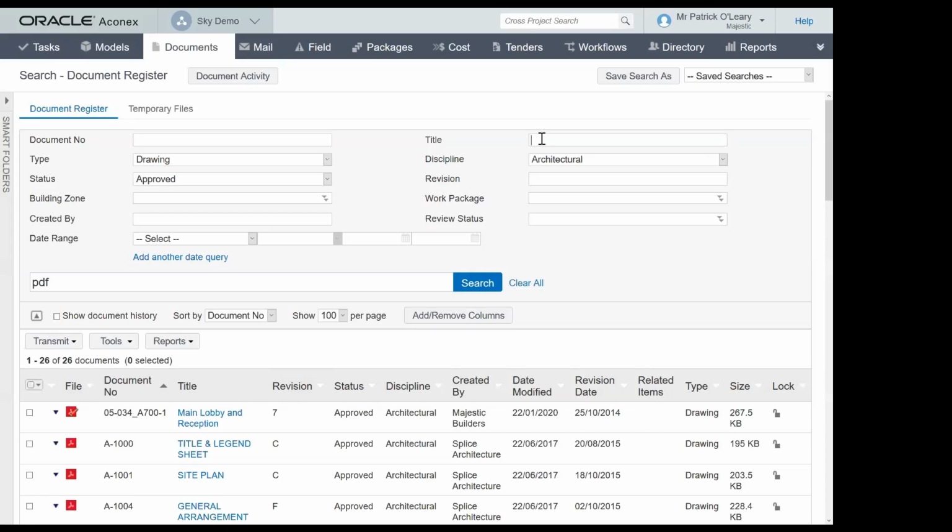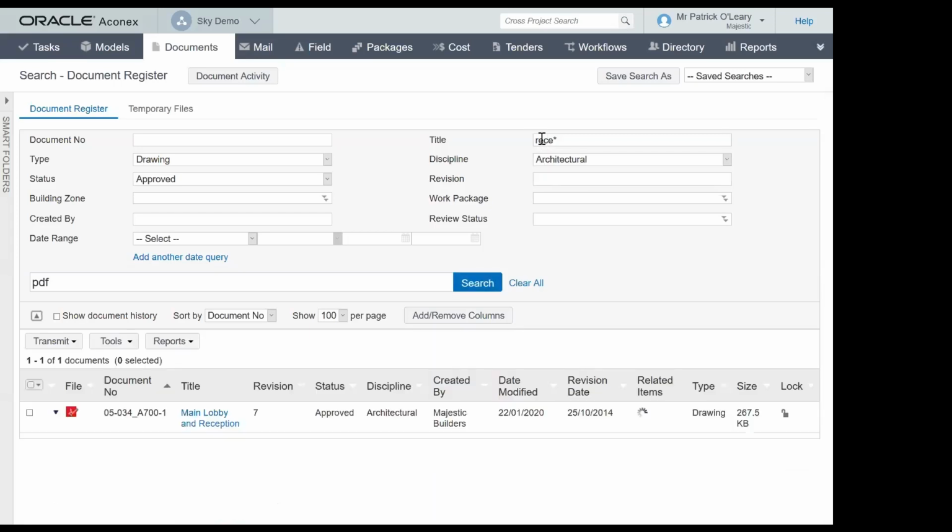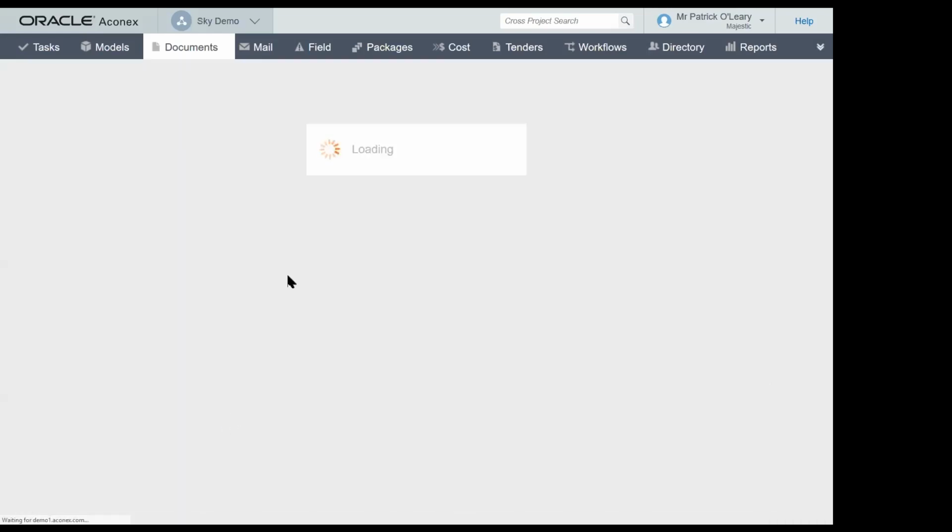I can even say, okay, show me anything to do with reception. And the system gives you that. So we've moved down from 700 documents to 1 document in a couple of seconds. So this is the kind of efficiency you get by using our system. And if we drill down on this further, you can see that it's a revision 7. So it means there have been other documents that existed before this revision.